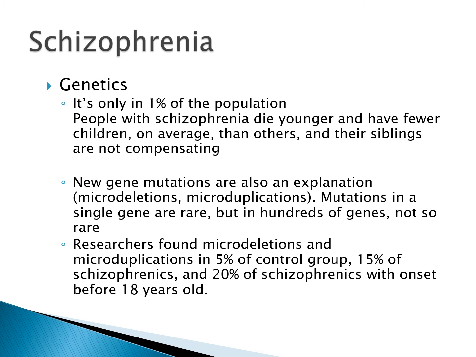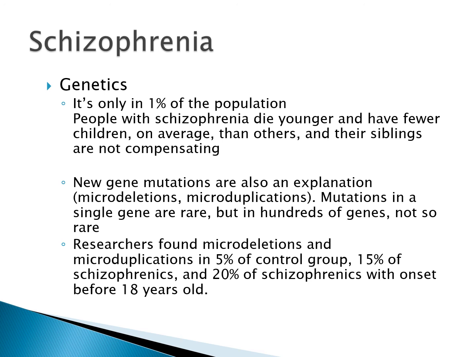microduplications. My understanding, from what I've heard from people, is they've noticed those microdeletions where there's just a bit of the gene that is just missing. Okay, so a nucleotide that's just missing. So mutations in a single gene are pretty rare, but if we decide that there are hundreds of genes, this is not going to be so rare. We all have a likelihood of some slight mutation or a microdeletion in our genetics, and it just doesn't change any coding of proteins. But if we're looking at a particular set of genetics, so the hundreds of genes potentially involved in schizophrenia, then that's not so rare, and it might give us the genetic predisposition.